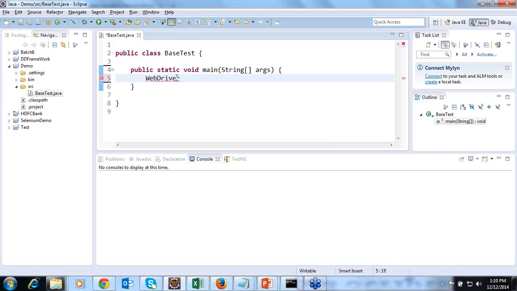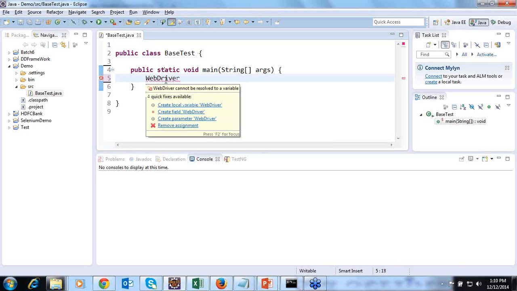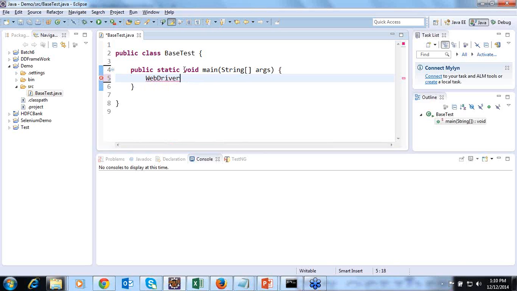It's not going to be identified before importing. If you type WebDriver and move your cursor on the red mark, it says create local variable WebDriver or create field. Those kinds of suggestions are presented by Eclipse, because Eclipse is not able to identify the keyword WebDriver. To fix this, we need to press Control space.